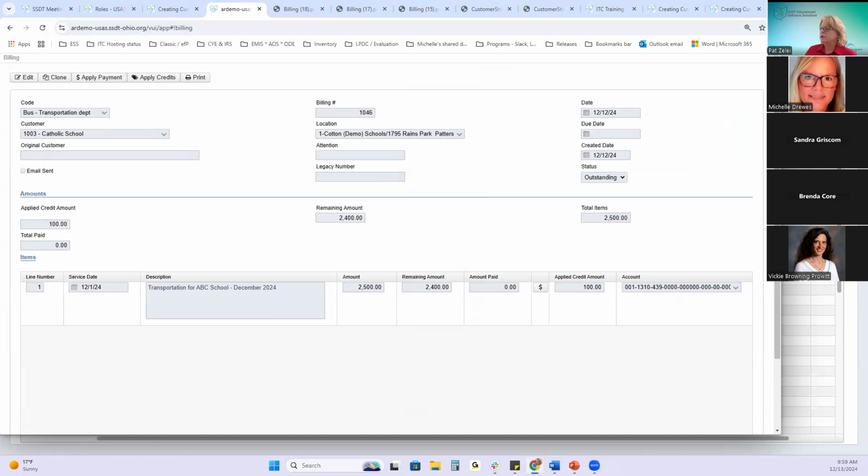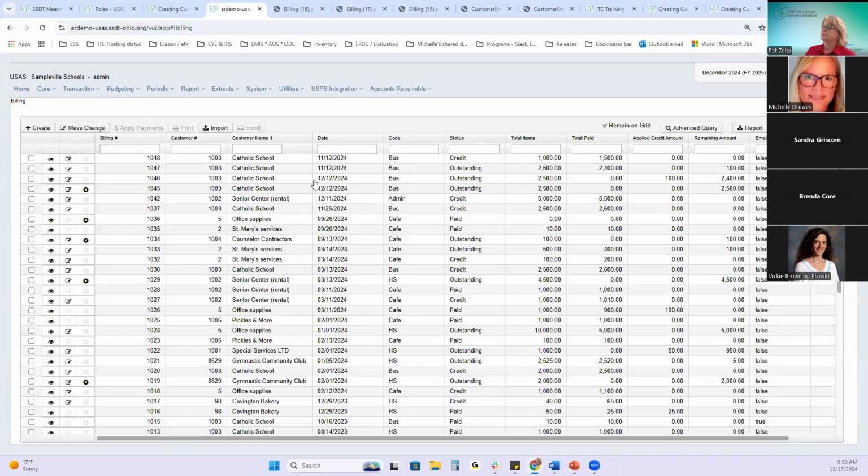All right, so a few scenarios that we come across is how do I cancel an amount or a remaining balance on the accounts receivable billing? The vendor's not going to pay us, we just want to write it off. So, for instance,